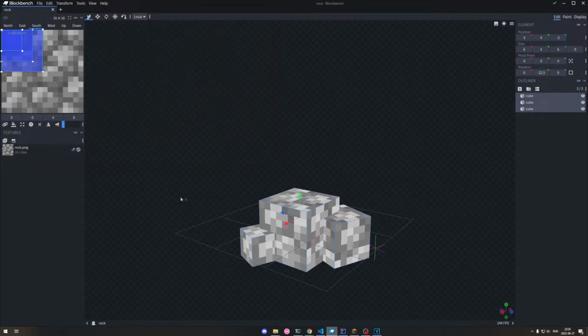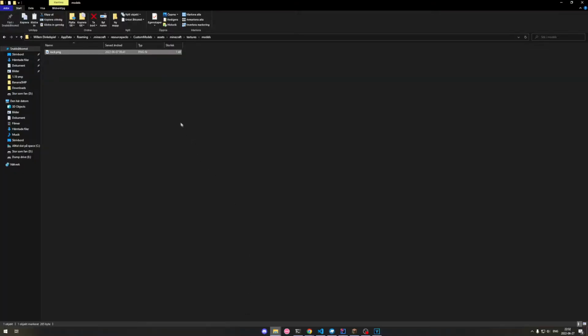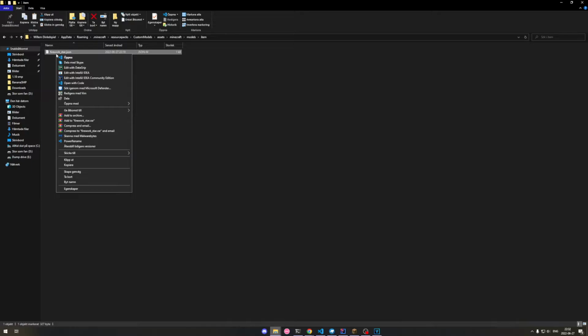And now what you want to do is go into the models, and go into the item here. And I've chosen this to be a firework star. As said, this file will be in the comments below. And you want to open this in your text editor of choice. I'm going to use Visual Studio Code. You can use any different. The Notepad in Windows works fine. I just prefer